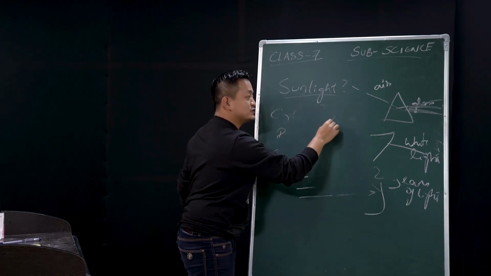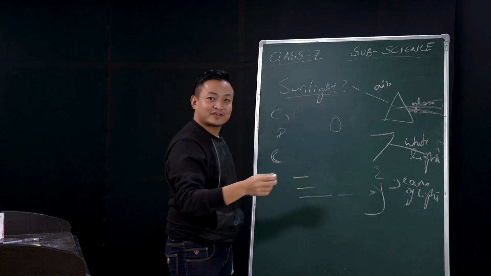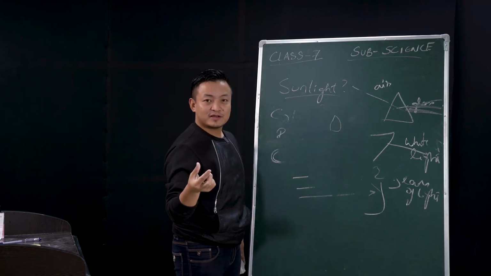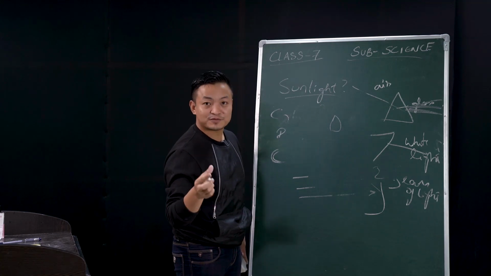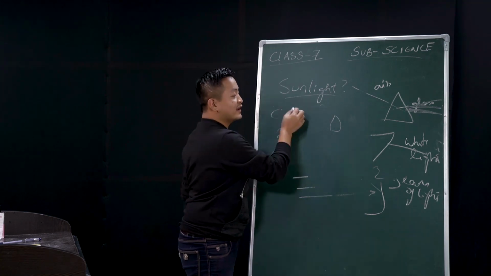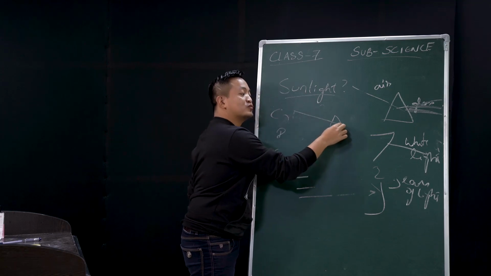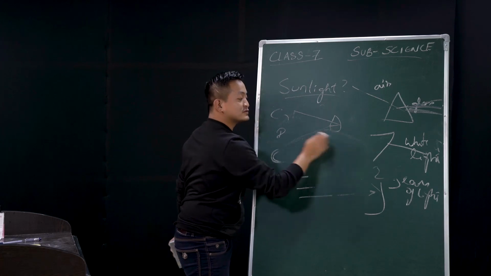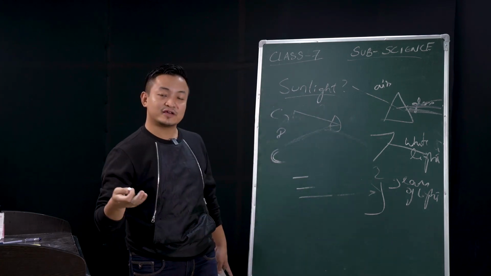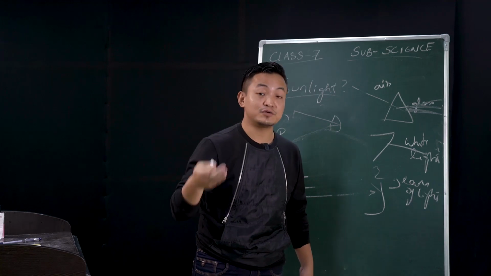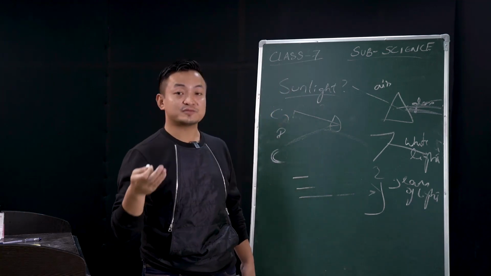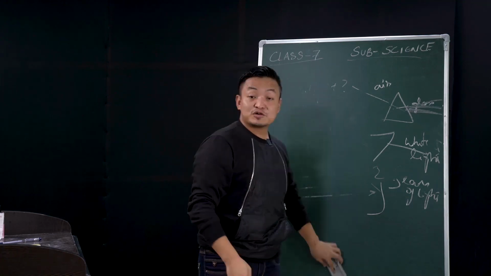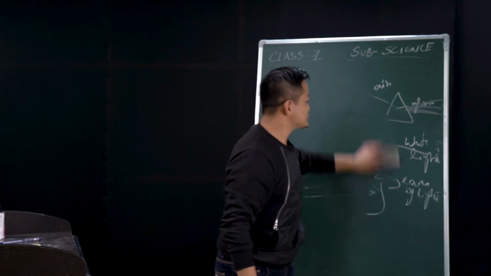Now these droplets will act like this prism, okay? If sunlight falls, and droplets of water are transparent, they'll act like this prism. This sunlight falls here, there will be a reflection taking place, and from here we'll see 7 colors. We'll see the formation of 7 beautiful colors, and that is called a spectrum of light. Clear? So now you know that sunlight is composed of 7 colors. Okay, so we are done with this